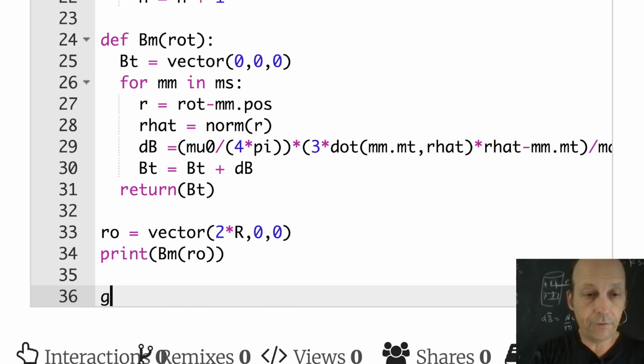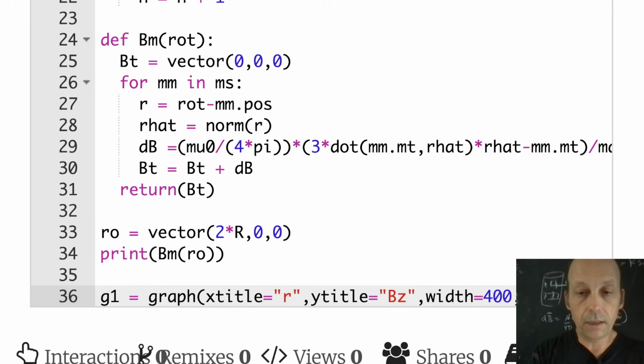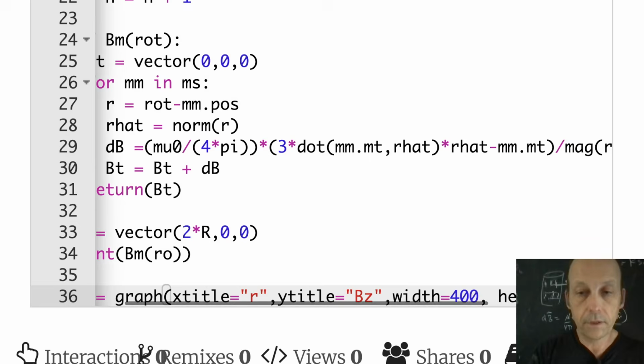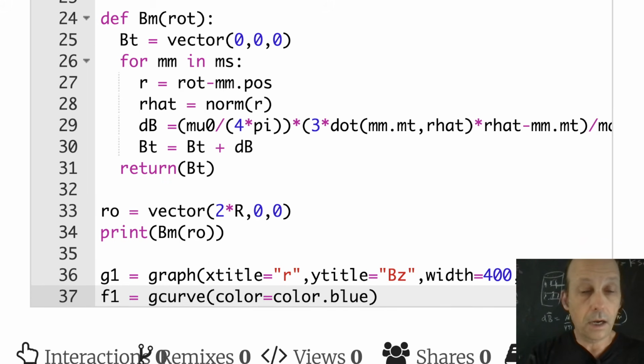Let's make a graph. G1 equals graph. Let's say x title equals R, y title equals BZ, and let's put the width 400, height 200. And then I'm going to make two graphs. F1 equals G curve, color equals color dot blue, and this is going to be label equals BN for numerical,